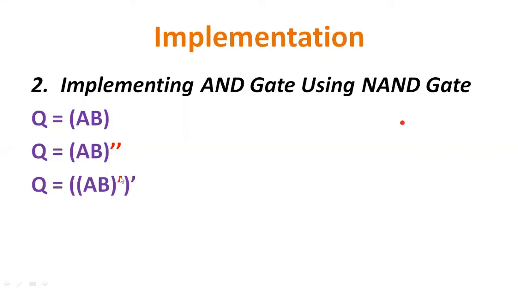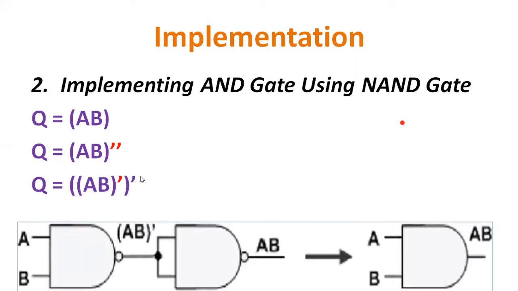The first term is the NAND gate, up to this red single quote, and the second single quote is of the NOT gate. So the circuit diagram will become like this. A and B are the inputs, the output will be AB whole bar, and this AB whole bar is given to this NOT gate, which forms again A dot B. Finally, this whole circuit is equivalent to a simple AND gate. I hope you are understanding these simple implementations using the universal NAND gate.